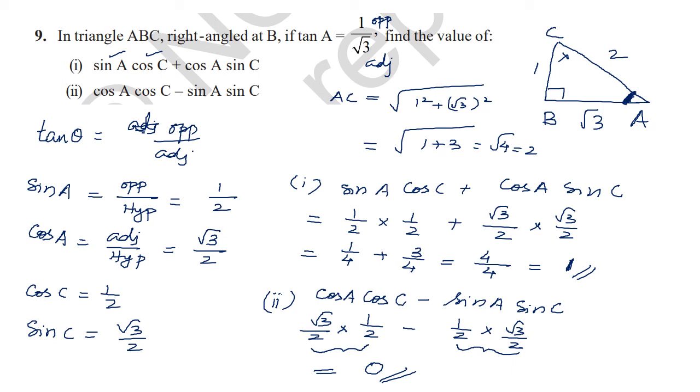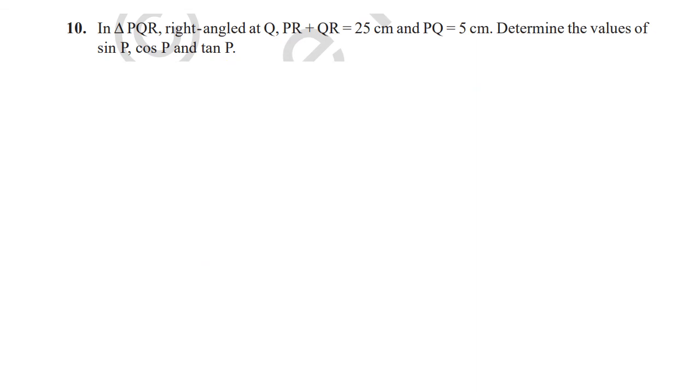Do you understand? Do you get this clearly? It is all so simple. Isn't it very simple? You have to just remember the ratio. What is sine A? What is cos? What is sine theta? What is cos theta? What is tan theta? That's opposite side by hypotenuse, adjacent side by hypotenuse. All those things should be there, pakka in your brain. If that is there, then all these calculations are really easy. Now I hope you are able to listen carefully. I'll do it fast once more.